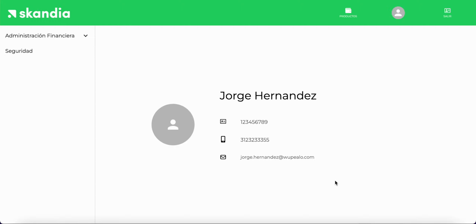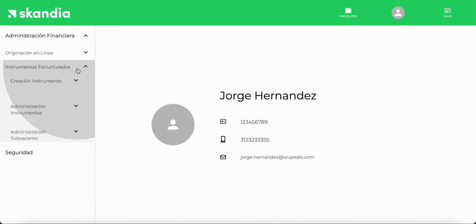We are in the financial data analytics model. It is divided into two parts. The first one is the management of the online financial products, and the second one is the management of more sophisticated financial instruments. That is the one that we are going to focus on. In this case, we are going to see an ABS, an asset-backed security instrument, whose underlying assets are personal loans